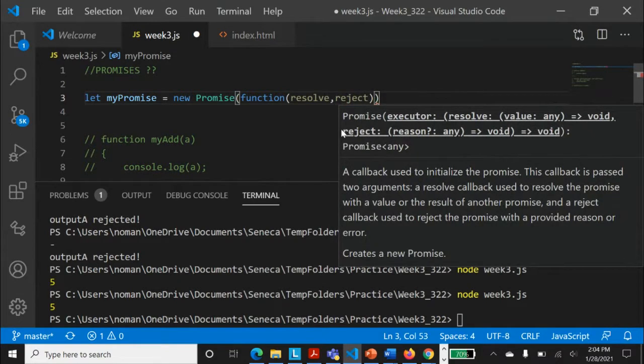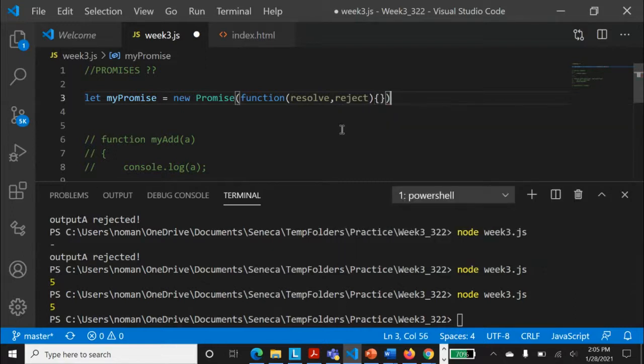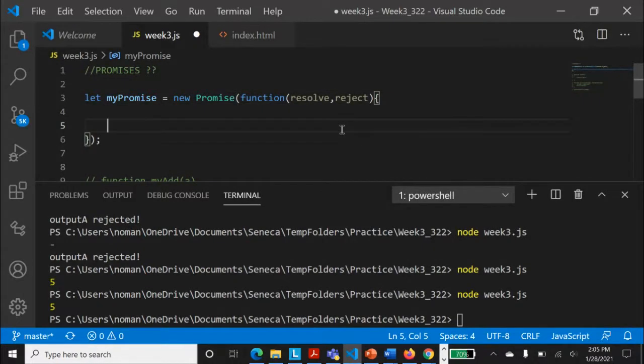So what are resolve and reject? Resolve and reject are the parameters that a promise uses for delivering something, whether something is delivered or not. As I said, a promise typically means whether something will happen or will not happen, right? So these are the two values that we'll be using. If I define the body of that function, we can run any type of code, and after that code is executed, I will be calling resolve, or I will be calling reject.